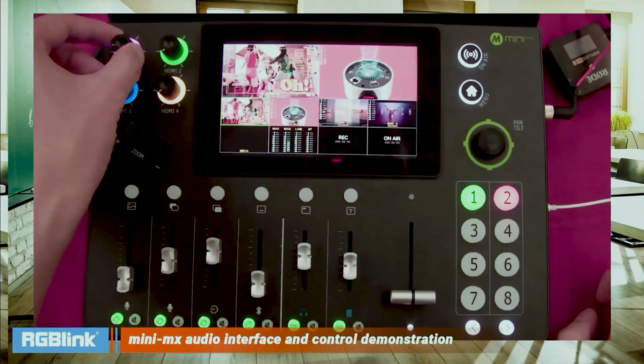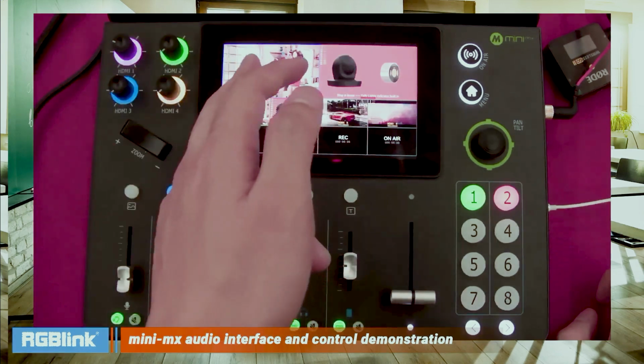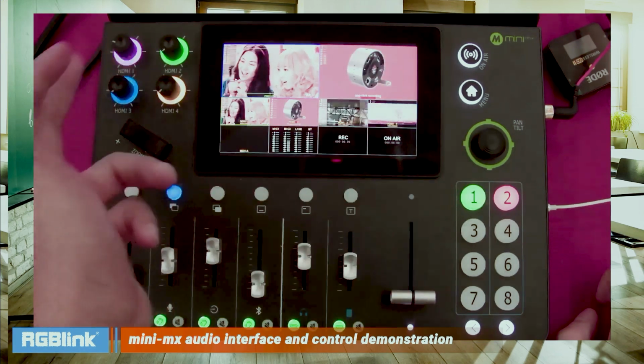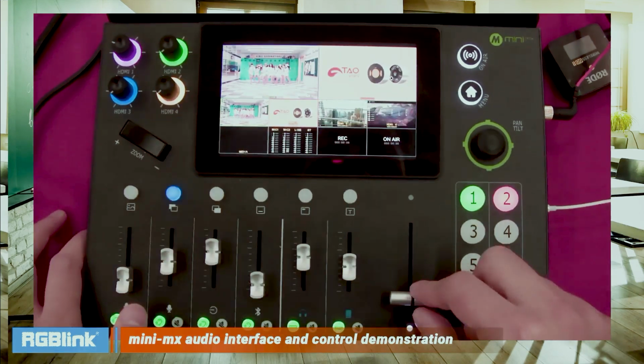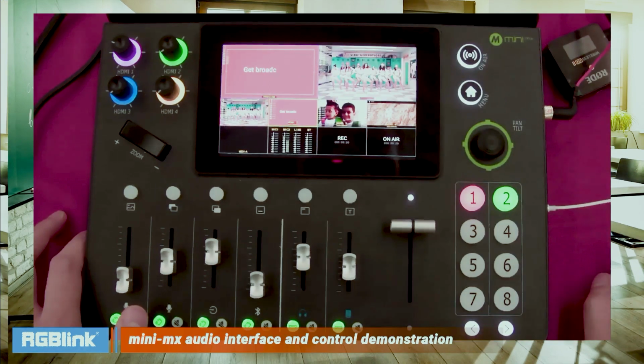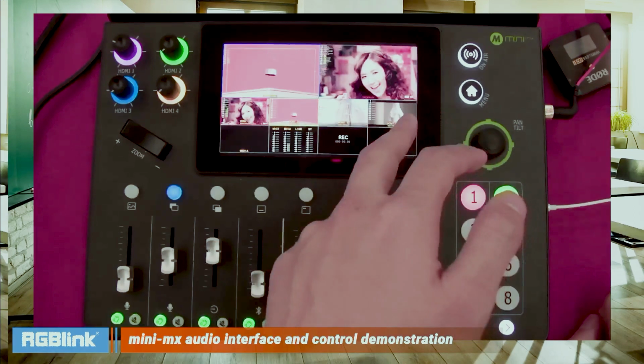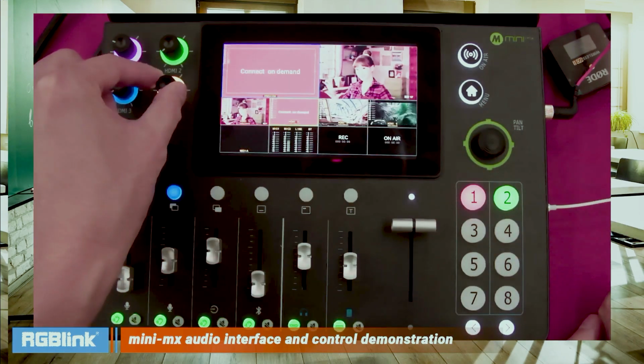So let me turn off. Right now you are not hearing anything from the HDMI 1 because it's on the preview. So if I push it into the program, right now you're hearing the audio of the HDMI 1, and also, if I turn on the